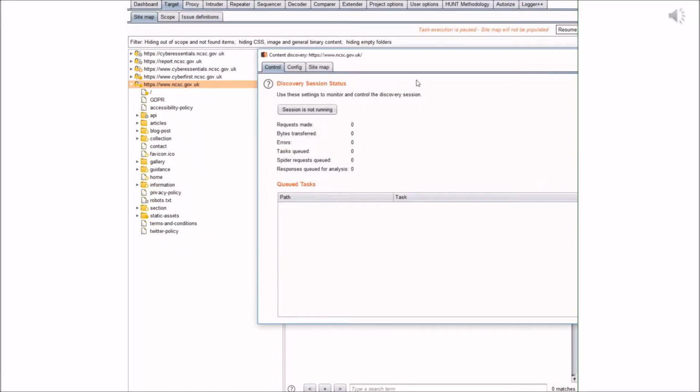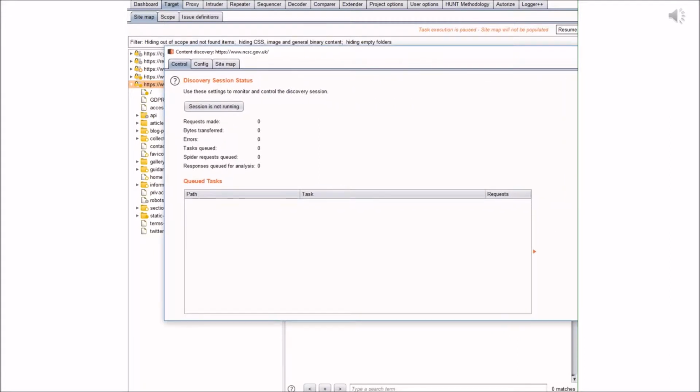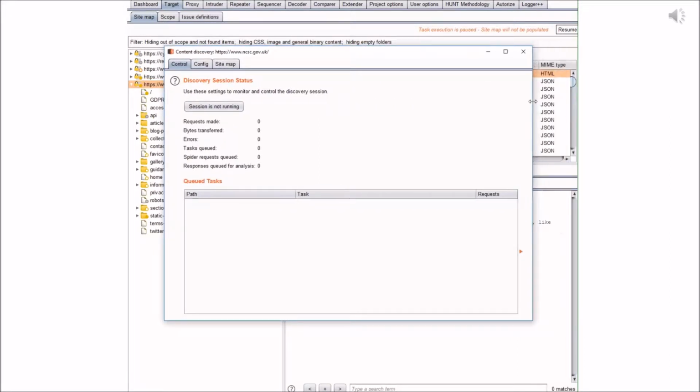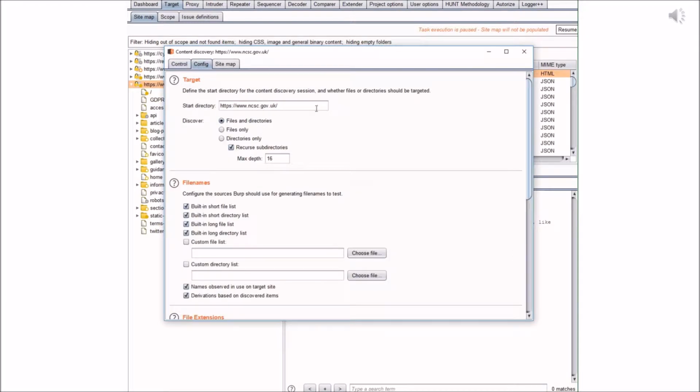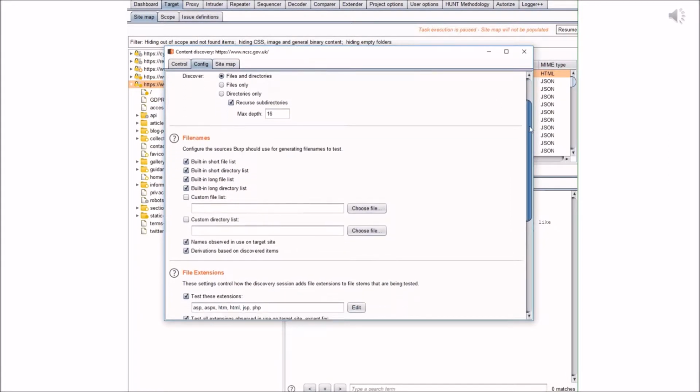Now, if we go into the Burp application, we can see that large parts of the NCSC site we've already mapped previously using Burp Scanner, Burp Crawl, and manual proxy browsing. So we can see in the sitemap that large parts of the site are already present. In terms of content discovery, from engagement tools, we click on Discover Content, and from here we will see that